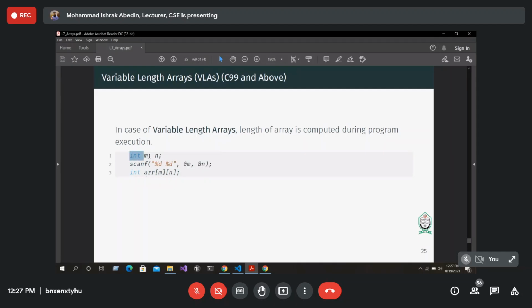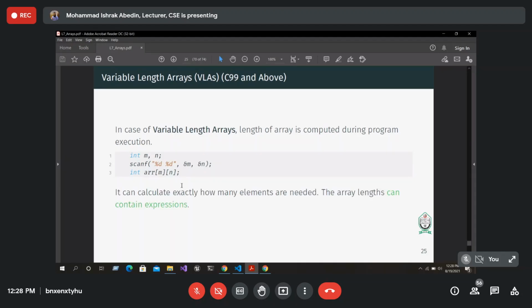and then declare the array. Like in case of this code, int m, n, scanf m, n, let's say the user enters 5, 3, what will happen? This array will have the dimension 5 by 3 in runtime first. But do not get confused. The size of the array, once it has been declared, will never change. Before the declaration of the array, we can take the size as input from the user. We can do some other calculations, we can run some code, we can do some checks, whatever we want. We can do with the values, but once the array has been declared,